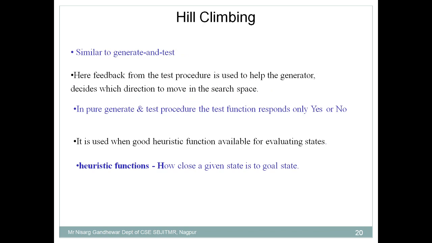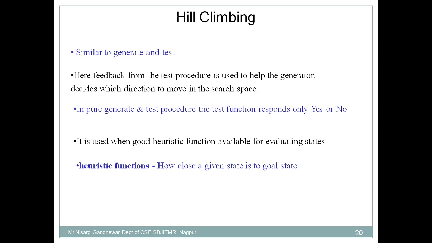So what we observe in case of generate and test, we are just generating a solution and we are just testing whether we got the goal state or not. But in case of a hill climbing algorithm, we'll make use of a feedback procedure. Here, feedback from the test procedure is used to help the generator decide which direction to move